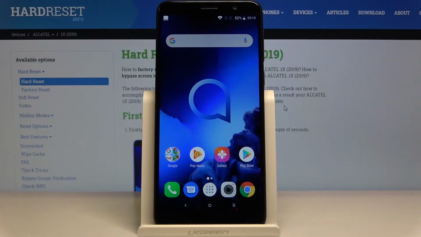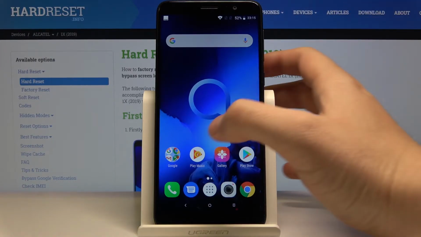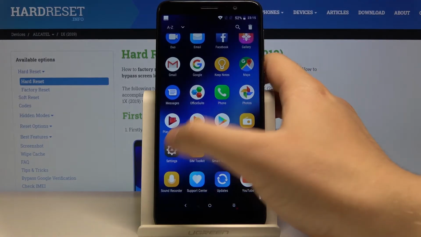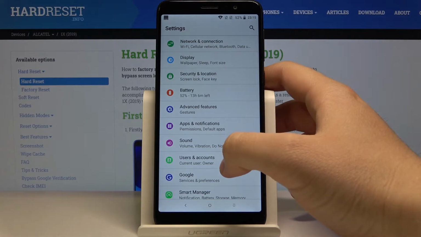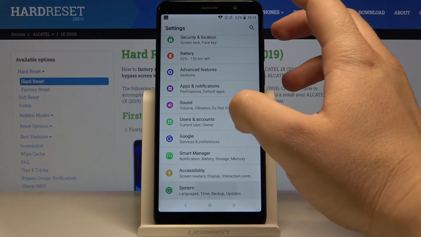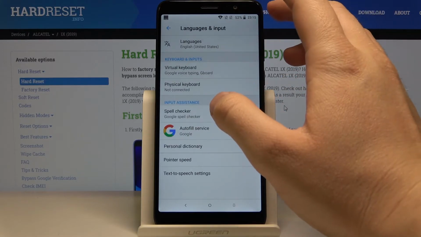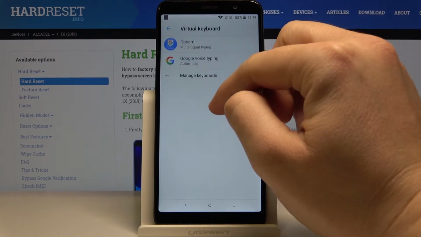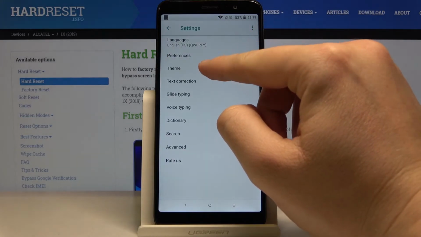Welcome guys, if you wanna change keyboard theme on your Alcatel One X 2019, first you have to go to the settings, then enter settings, and right now we have to go to the system, tap on the languages and input, click on the virtual keyboard, Gboard theme,